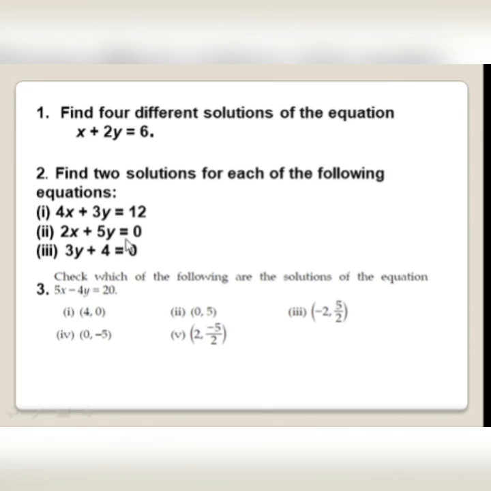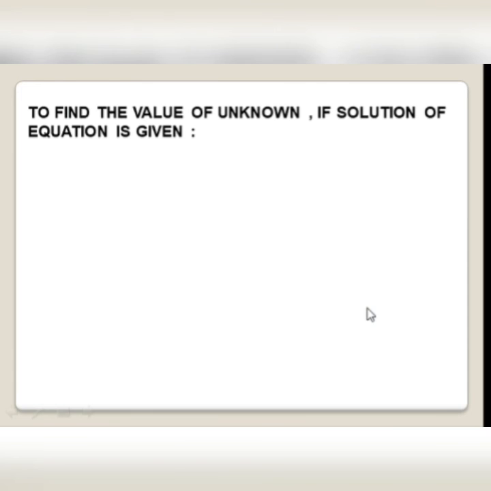You have to find 4 solutions, and here you have to check whether these given points are solutions of it or not. You do it, ask your questions and queries in the comment box, try in the lesson plan. You will get more theory about it. You can cross check.